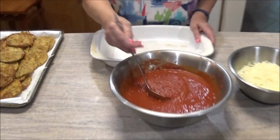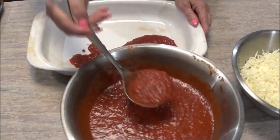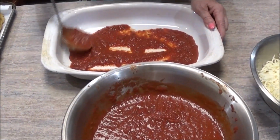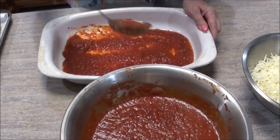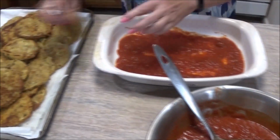All right, this is sauce, and I had made homemade sauce and meatballs and sausage, and I had a lot of sauce left, so this is my homemade sauce. I'm just going to pull it back so you guys can see. So we coat the bottom liberally, but don't go crazy. Yeah, but enough so you don't want it to stick. And then just